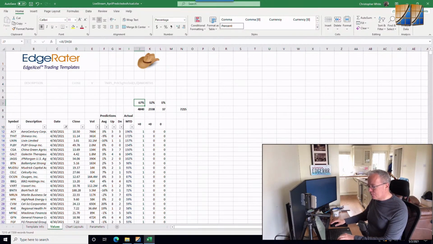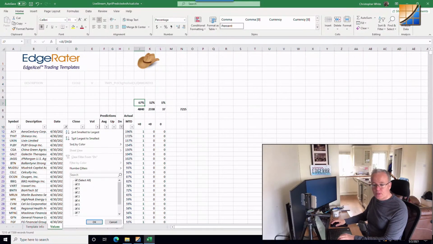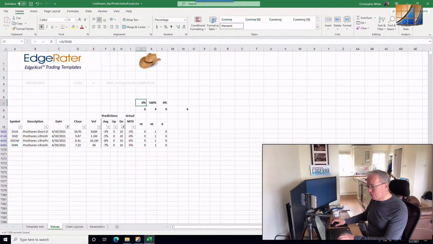So what about the down years? If we went and changed this over to be down year predictions, let's try that. So I'm on the down column here, and I'm going to say only show me the 10 where we had 10 down years. There were only 4 of those, and 100%. So there were only 4 that had 10 down years, and 100% of them this April had a down month. Okay, so